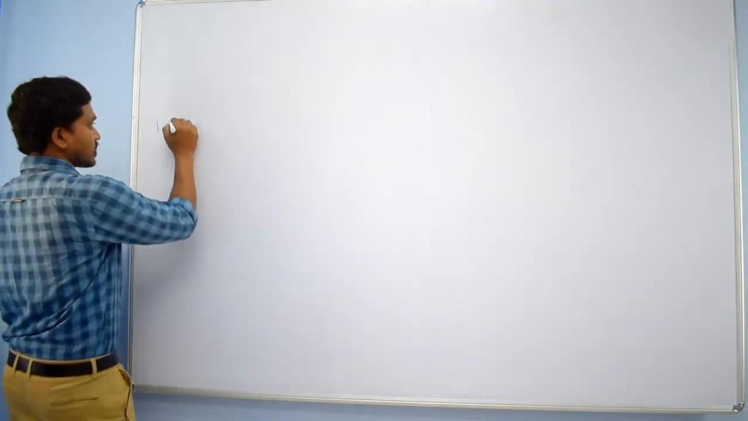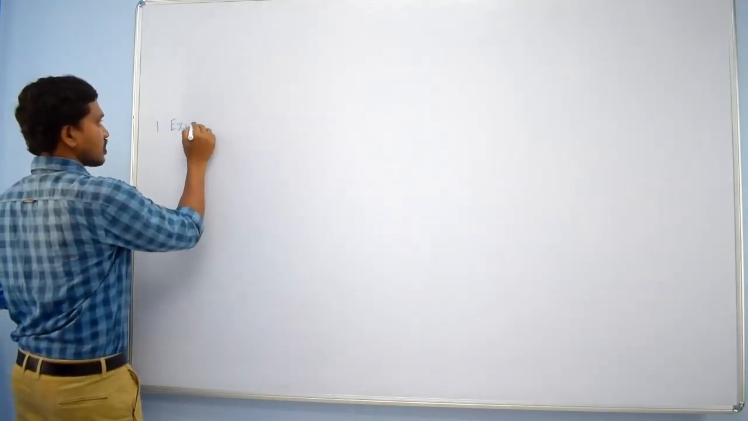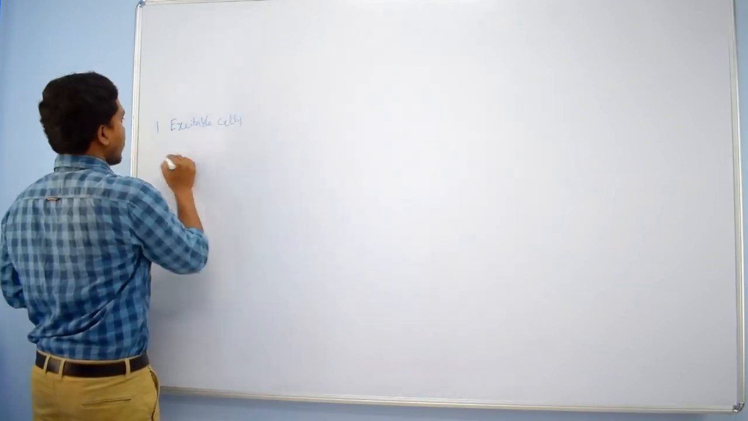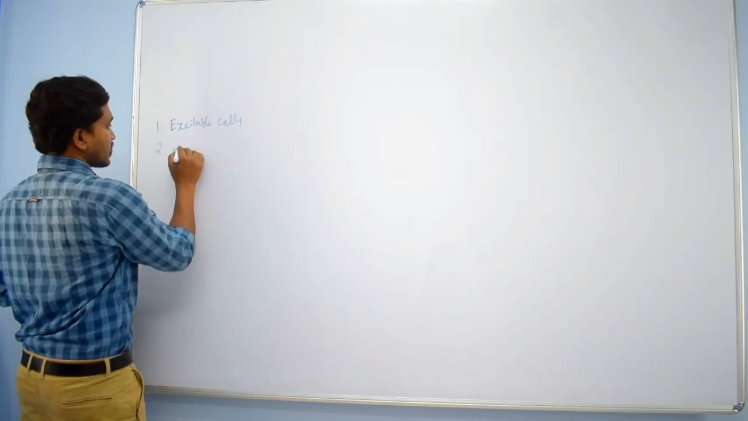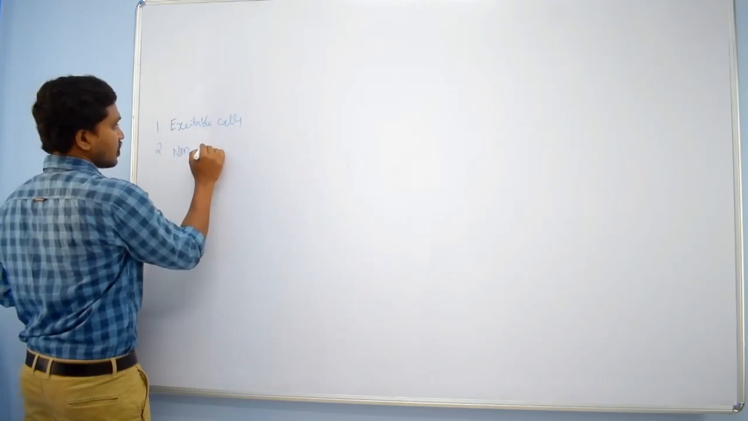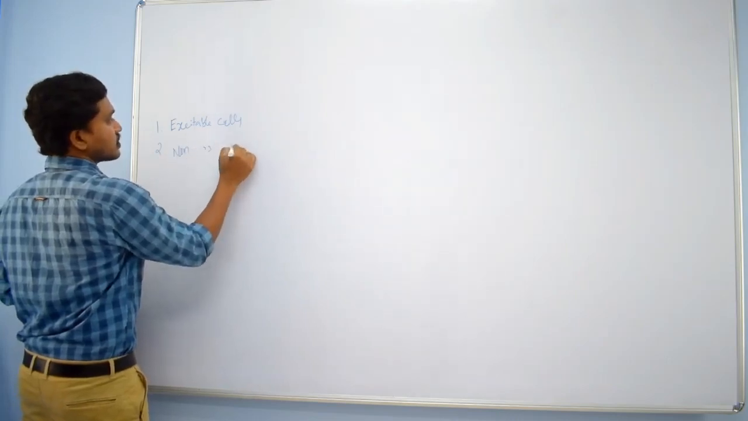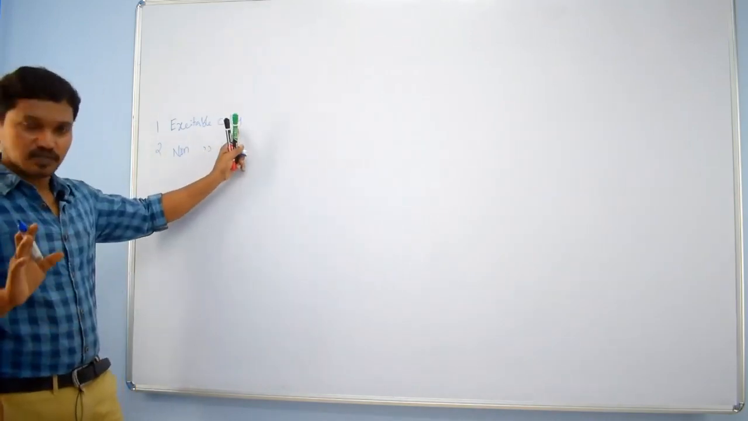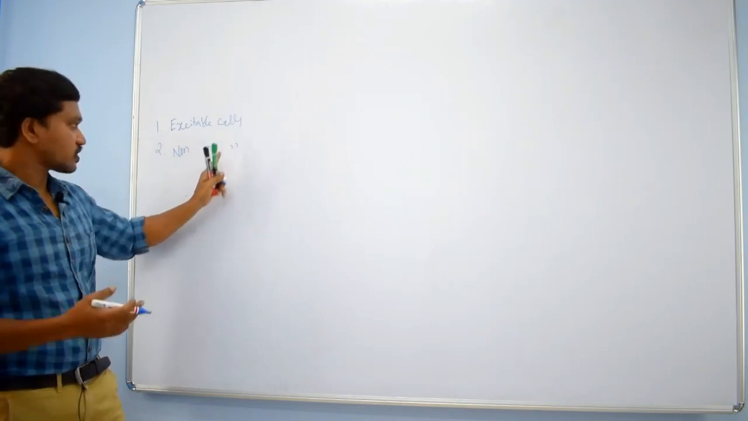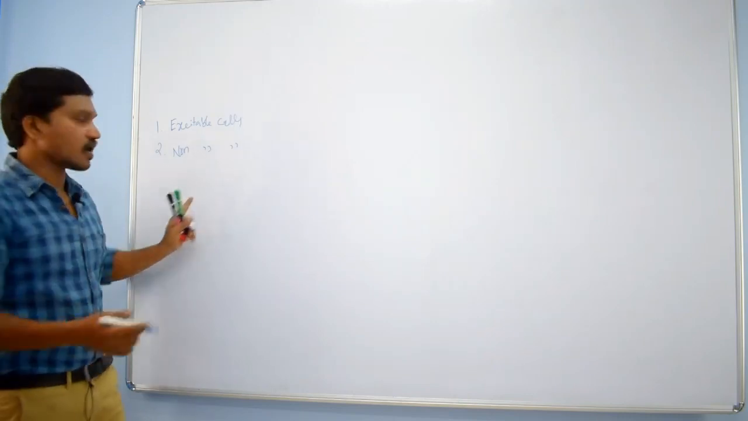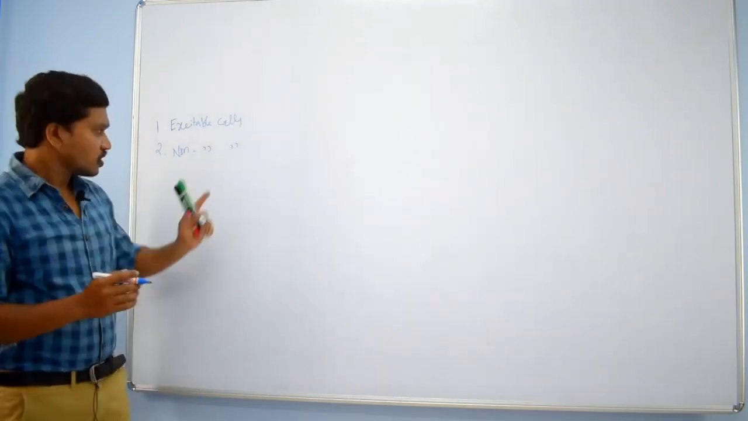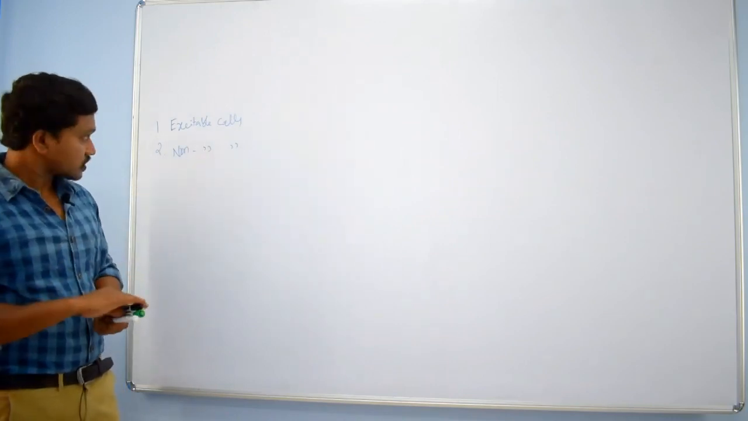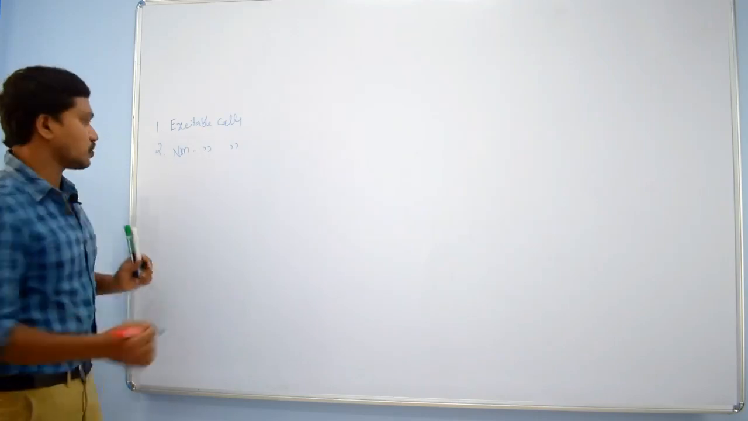So, excitable cells and non-excitable cells, right? Excitable cells are neurons, that I will tell you after completion of non-excitable cells, right? First, if you take the non-excitable cells, these non-excitable cells are further classified into